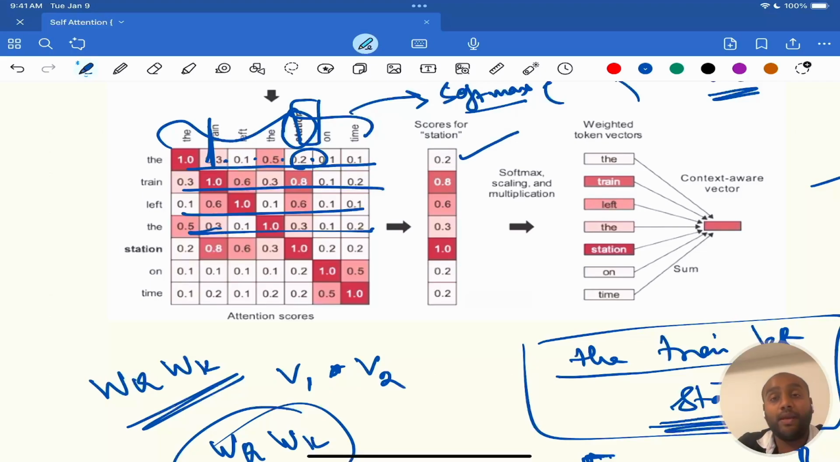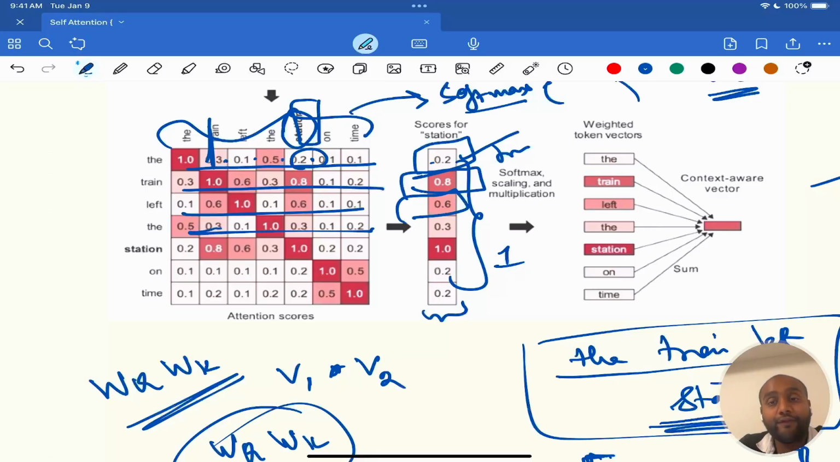For simplicity, let's assume that all these values sum to one. If they sum to one, what it is saying is consider 20% of the, 80% of train, 60% of left. So whatever vector that left has, consider 60% of those values. Consider 80% of train. All these values will be taken into account while designing the vector for station, right? But